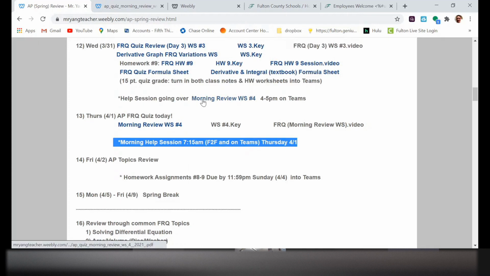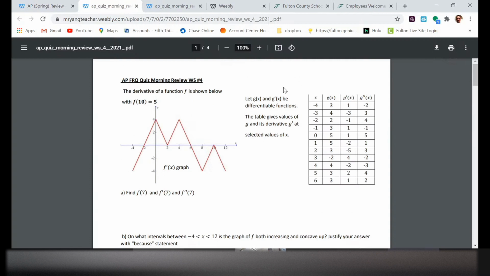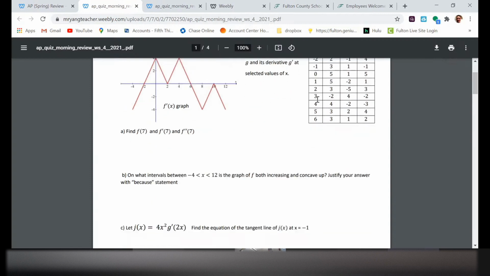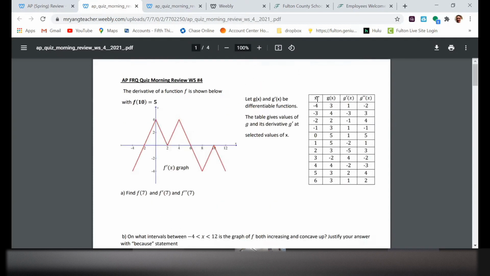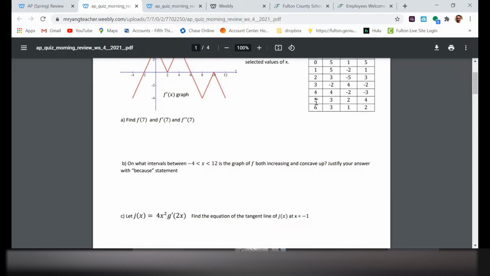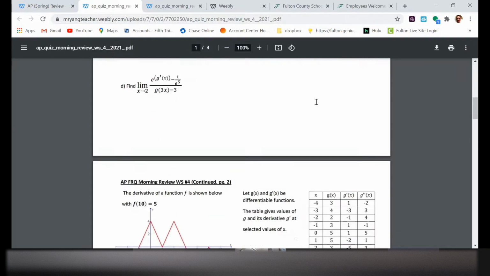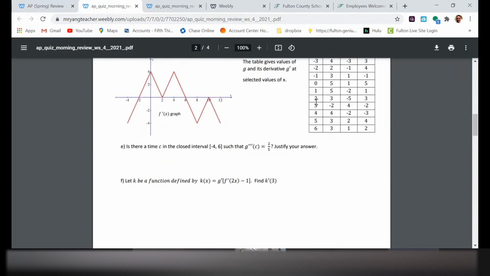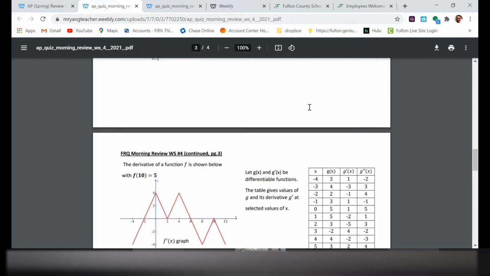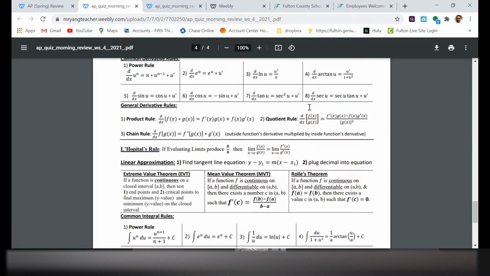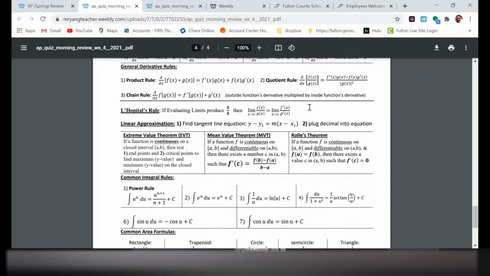Okay, so let me click on this review sheet here. There are still some adjustments I need to make, but this morning review is longer than what you're going to expect on the quiz. The quiz is only going to be 7 parts, front and back. This one has 10 parts and says 3 pages. I made it a little longer to give you additional practice, but also to show all the different topics that I may choose from to put into your quiz. Just like on your quiz tomorrow, I will attach a formula sheet.